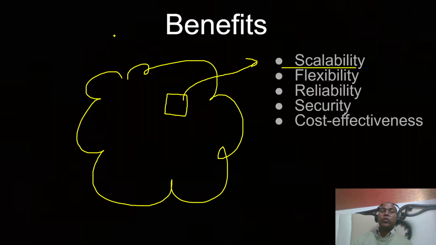That means now your application can serve millions of user requests, even when they spike very high or very low. Everything is taken care of